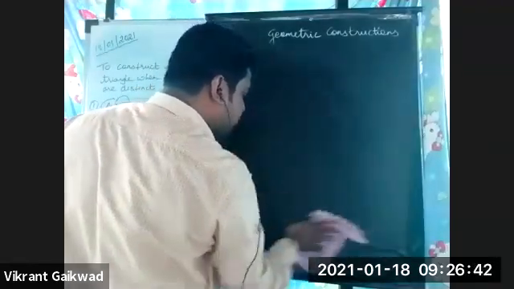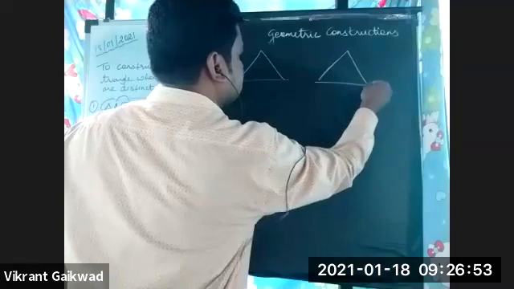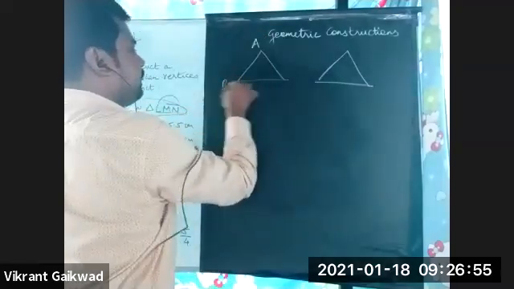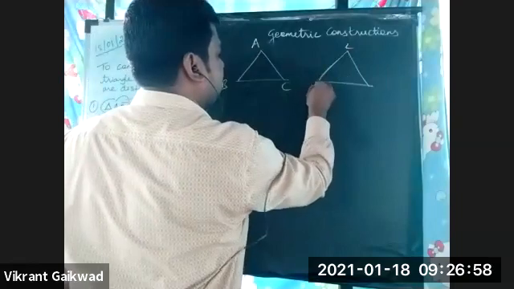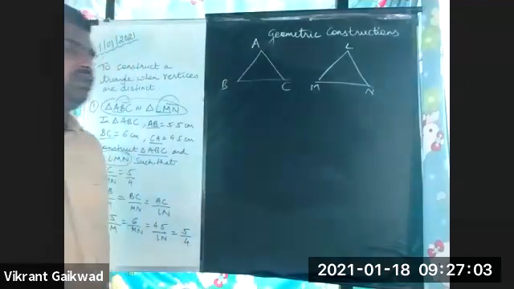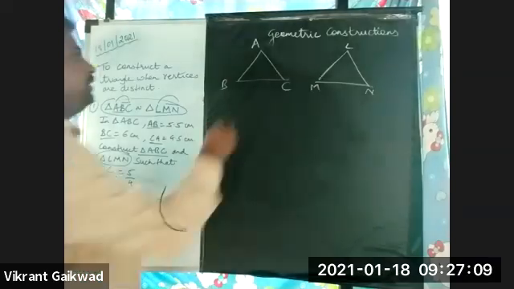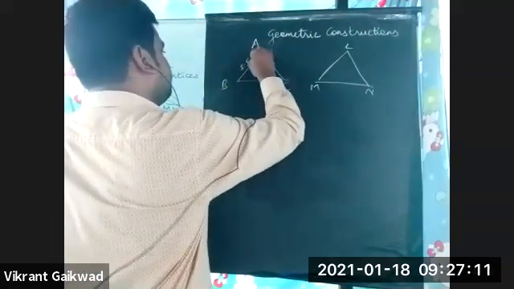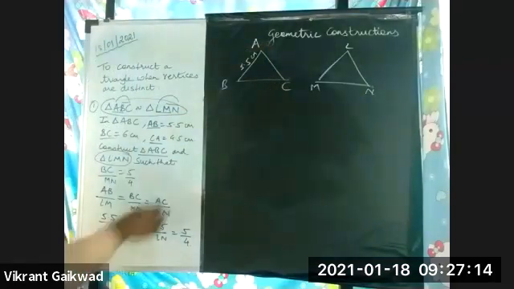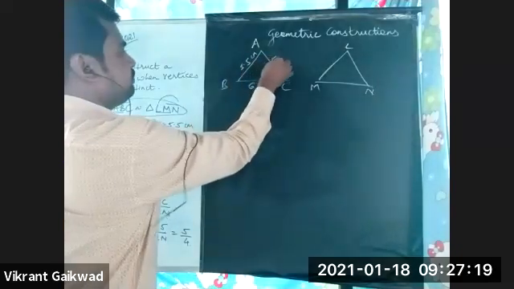See, for rough figures, you have got marks. Okay, in construction, for rough figures, you have got marks. So to draw the rough figure, draw any two triangles, say ABC and LMN. Now, as all the sides are given, I can take any side as the base. Value of AB is 5.5. I'm going to take this as 5.5. Value of BC, I'm going to take that as 6. And value of AC, I'm going to take that as 4.5.